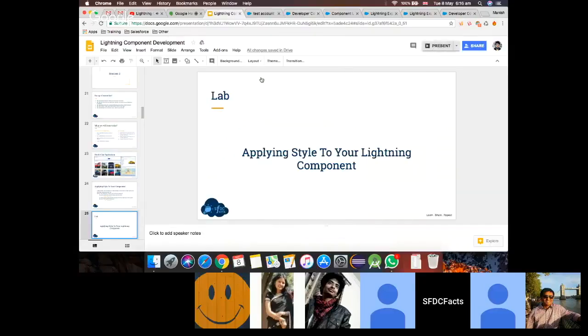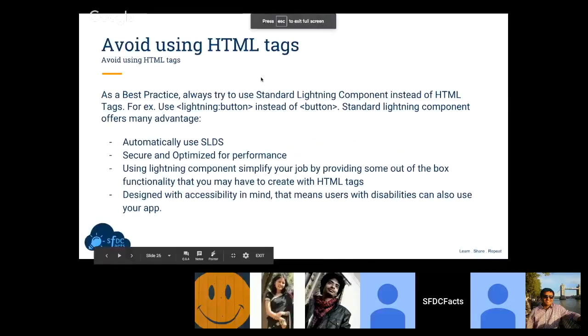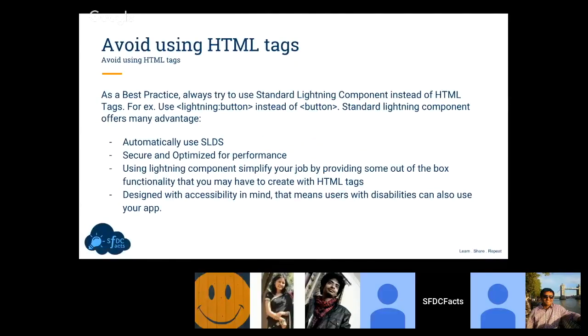So let's move on to the second exercise, or the second topic. So now, why do we need to avoid using HTML tags? We have created our first lightning component using HTML tags. We are using the div tag, we are using the p tag. Why do we need to avoid using those tags? So